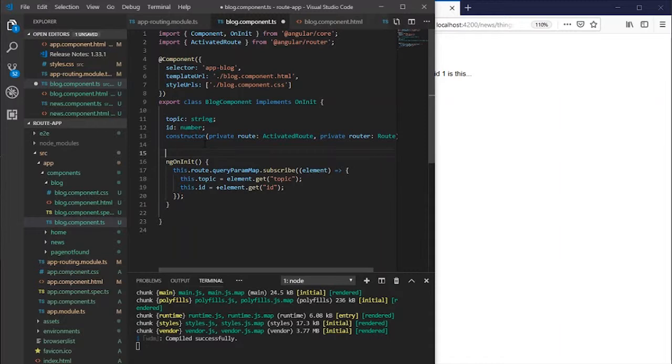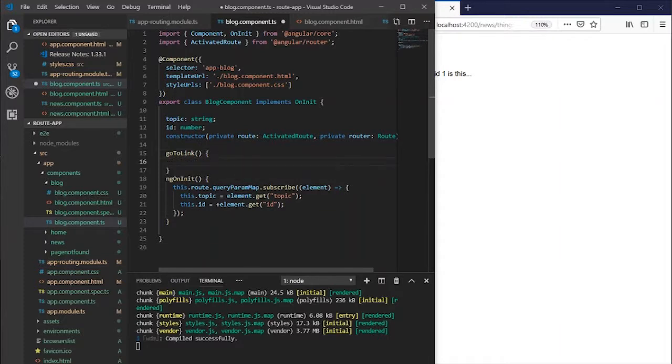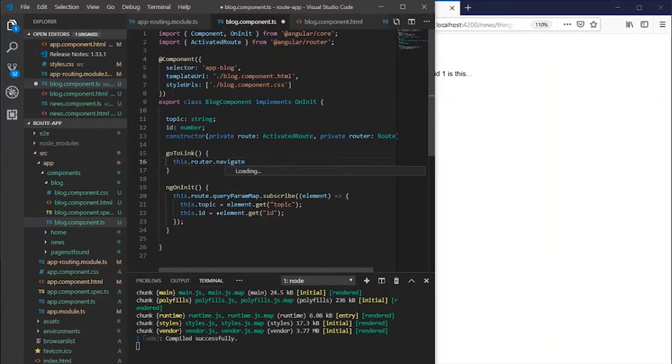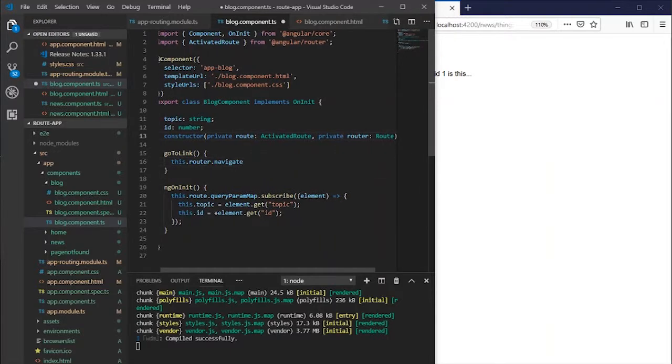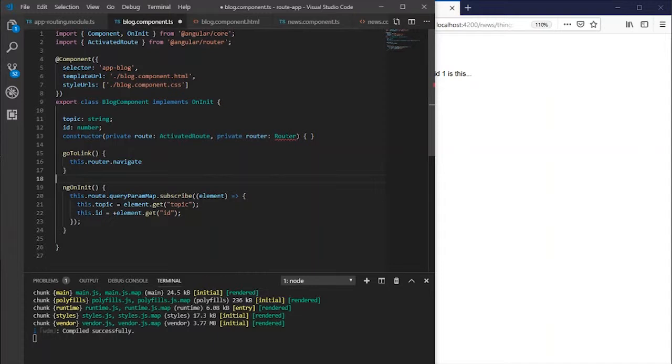Let's just show it to you. So go to link. Now this will be a very simple function, which will not take any parameters, for navigate. Just a minute, I think it will be router. Let me just hide this. Okay, so now that we have added router, we'll go to this.router.navigate, and here we will just add